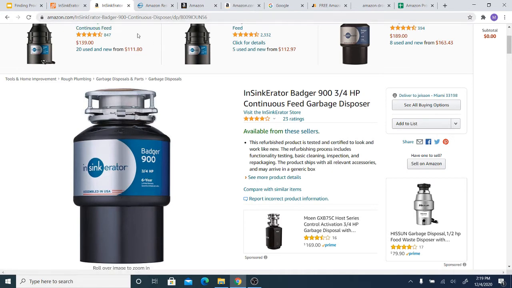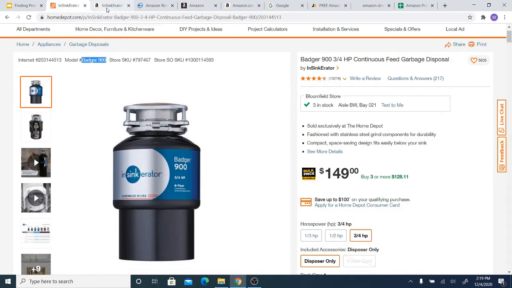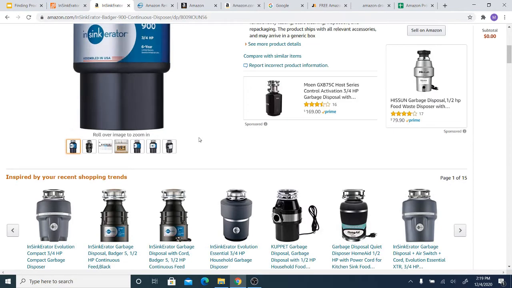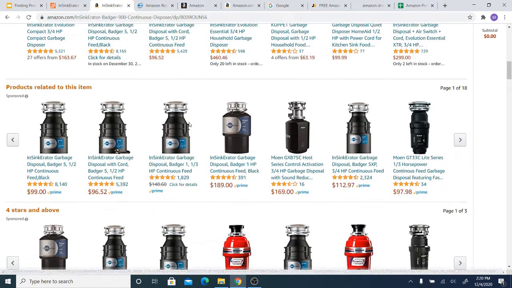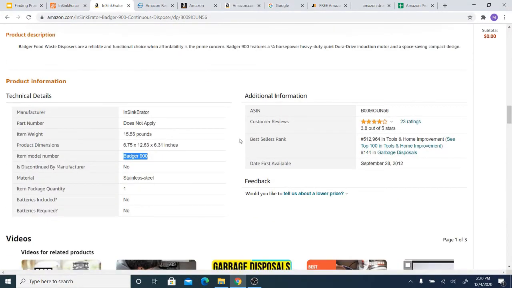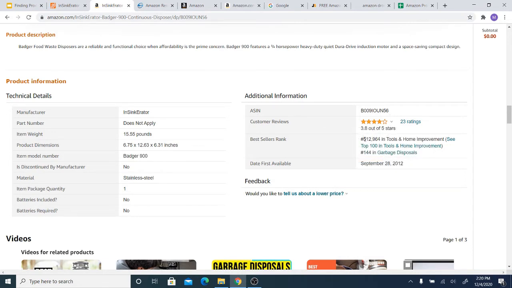So now that you've found an actual product, what you might want to do at this point is evaluate the product. So here I talked about the product rank and the sales, and that's what I'm going to look at on Amazon itself. And it's important to mention that you don't necessarily have to do things in this exact order, but I'm giving you an order for the purpose of instruction. But the next thing I'm going to do is look at the rank of the product, and you see that the bestseller rank is